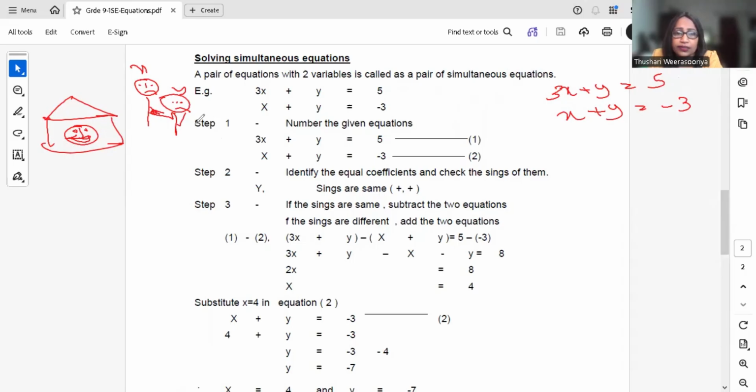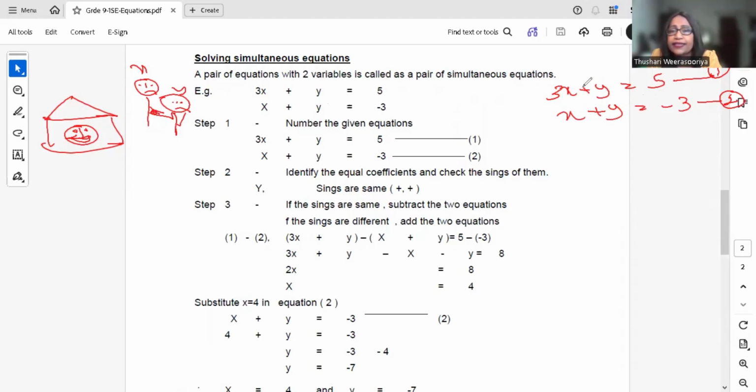When you go to a doctor, the first step, what do you get? You get an appointment number. First one, you number the equation. Number one, number two, right? Now, is the doctor taking both at once? No, one by one. We'll see how to remove one person. One person has to be removed now, but we have to take one person at a time,